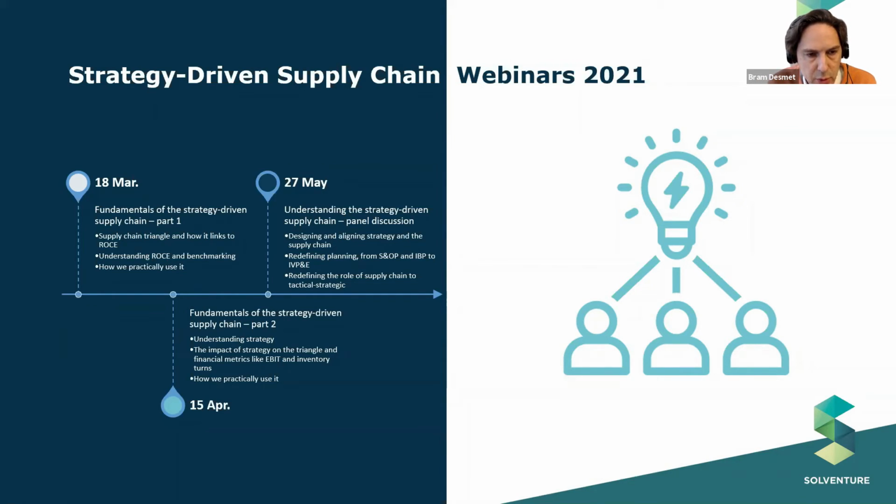We talked about what the different components of capital employed are. And we also talked about how you can do benchmarking across the different components of the ROCE, or benchmarking across the different corners of the triangle, you could say. And instead of just providing the concepts, I also tried to link it to how we practically use it